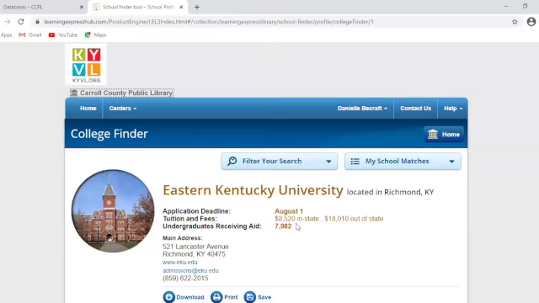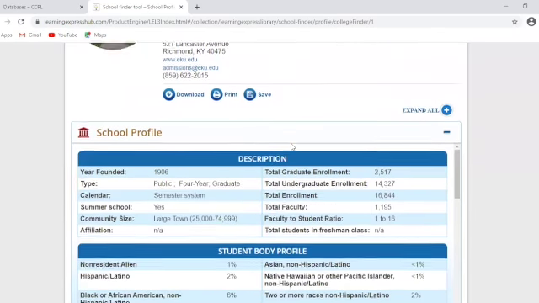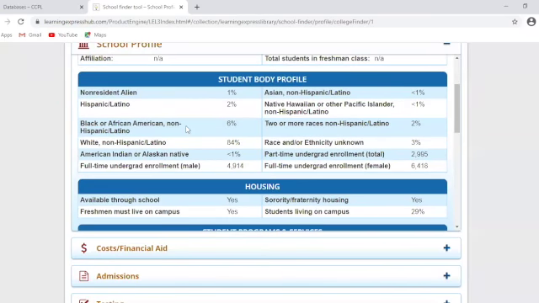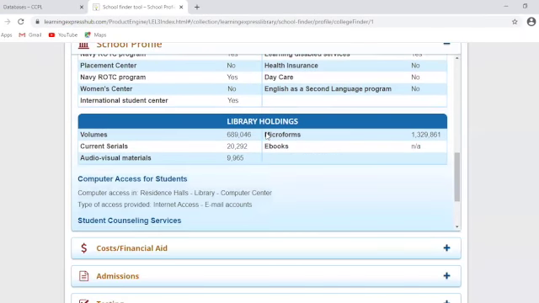You can just go ahead and click on an individual school, and this will give you an idea of what that school is really like. So you get the application deadline up here, an idea of how much the tuition and fees are, and how many of their students are receiving financial aid. If you scroll down, there's a whole school profile. It gives you an idea of how many students go here, what kind of calendar system they operate under, how big the community the college is in is, information about student body, housing, the programs and services offered to students,